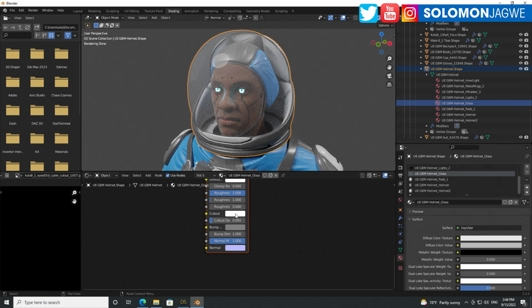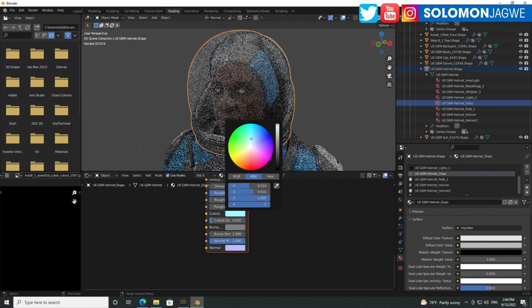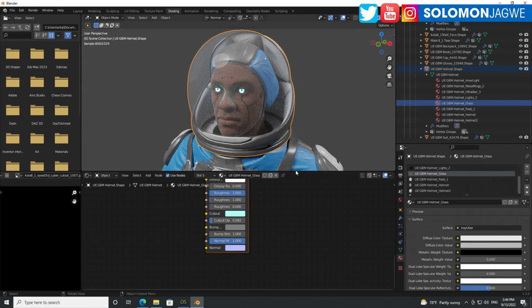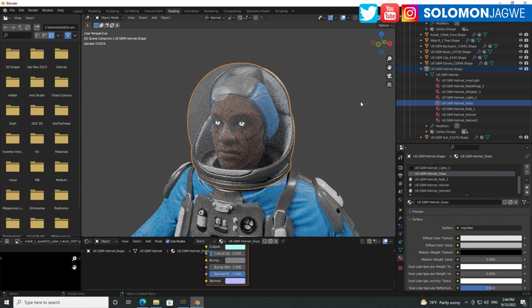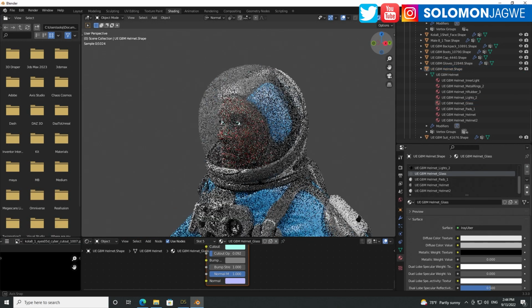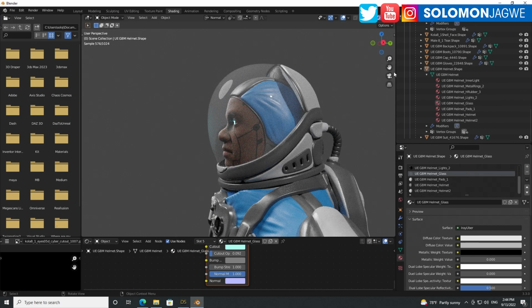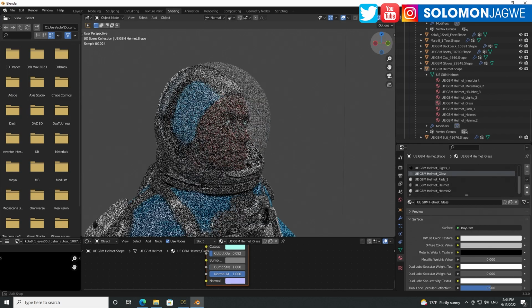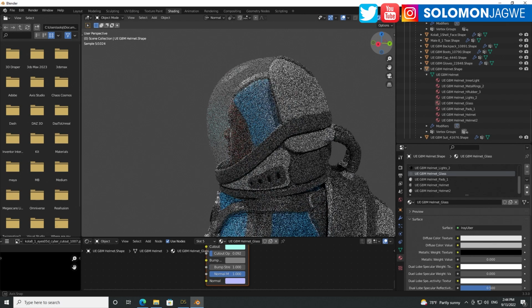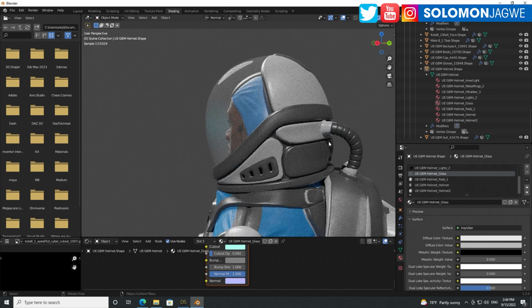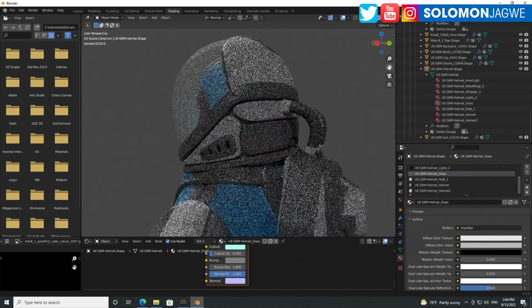And then you can also do a little bit of tinting if you want. So now you have the helmet showing nicely with a transparency over there.